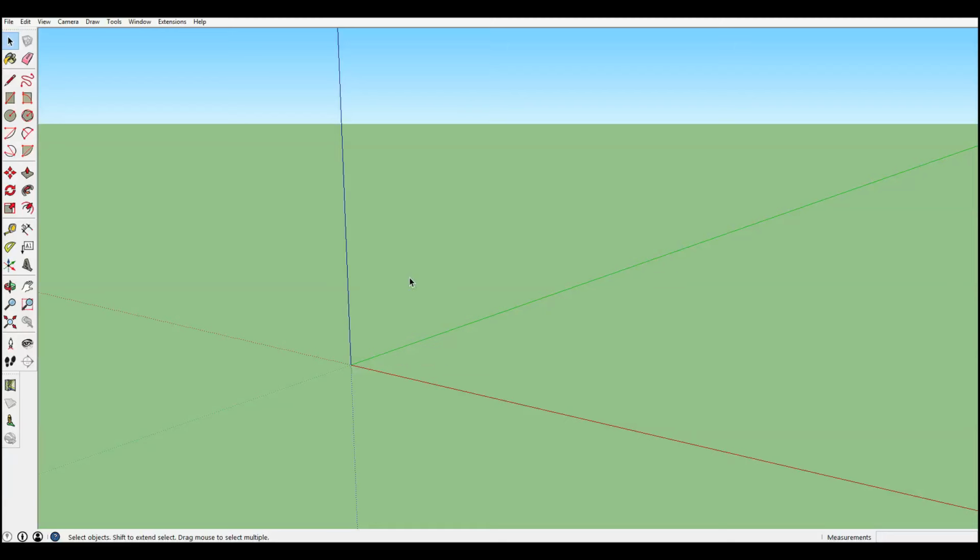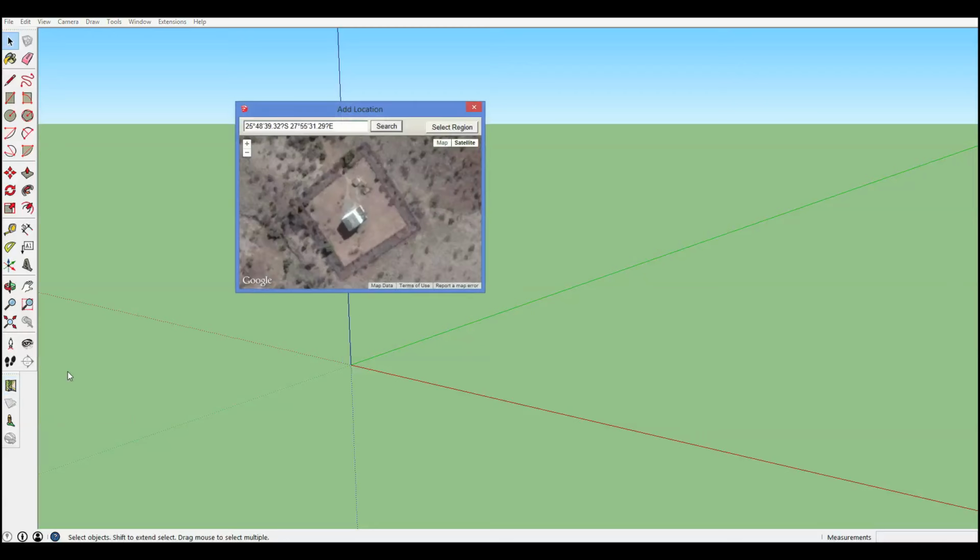The very first thing we have to do is get rid of this guy. We'll click and delete him, and then we'll take a look at geolocating. So go to the Google toolbar and click Add Location. You can see I've pasted the same coordinates here that were in Google Earth,